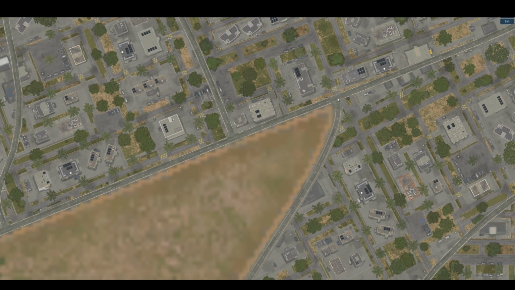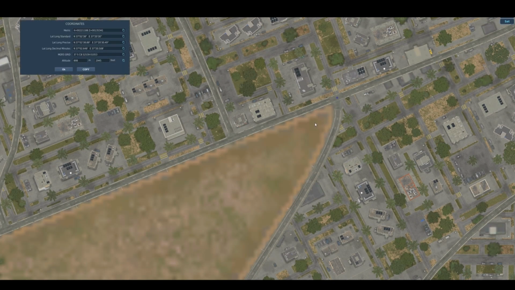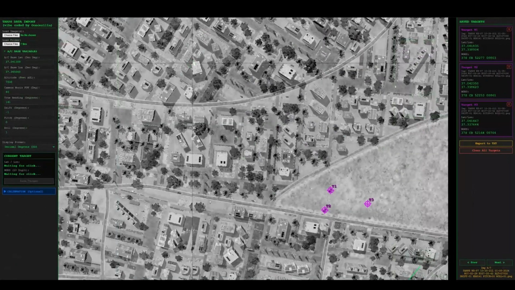So we got it right in the middle. We'll do left Alt, hold that down, and left click. You'll get pop-up coordinates here, which you can copy to your clipboard. So I will go ahead and take the MGRS grid coordinates, which are a little bit easier to import into the tool. So if we go back to the tool,